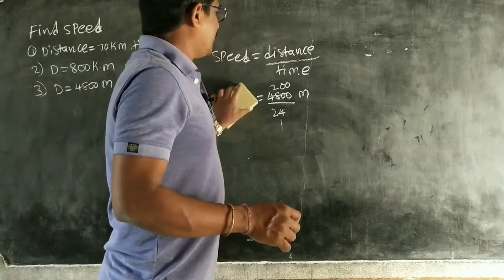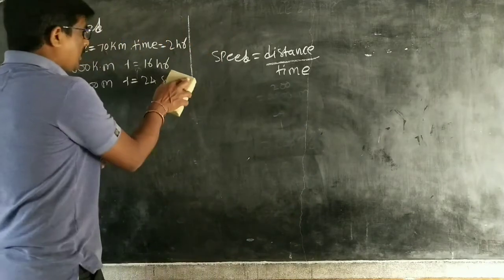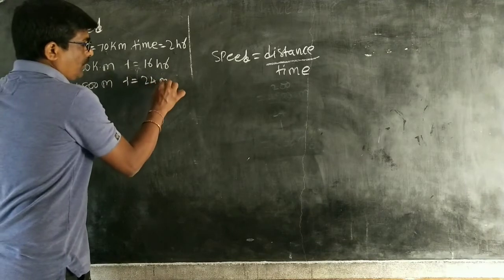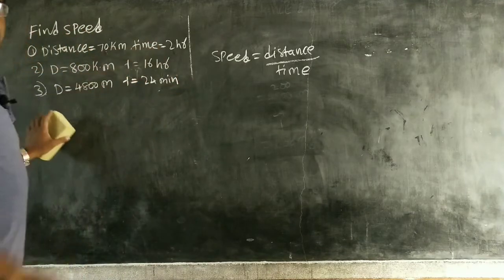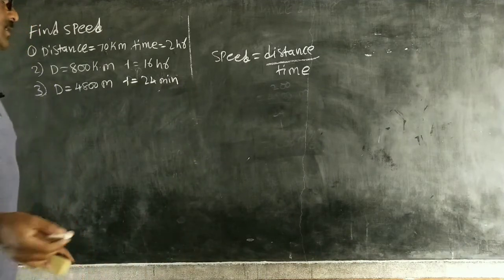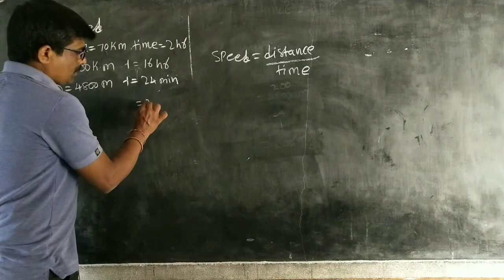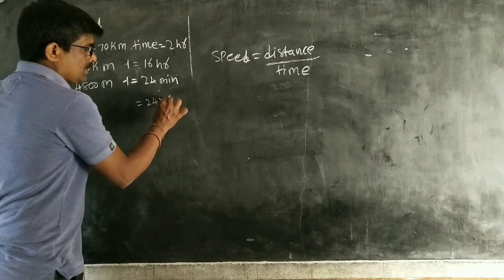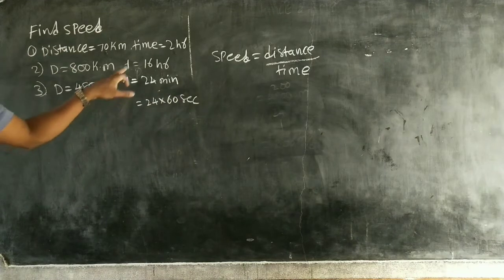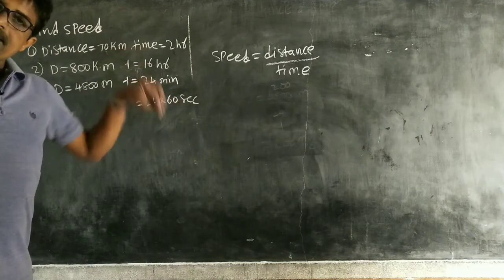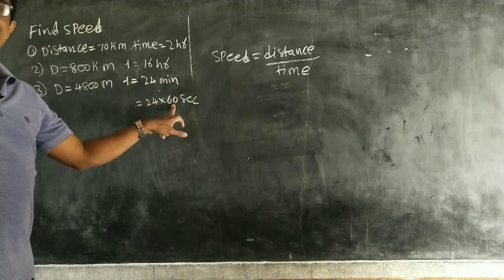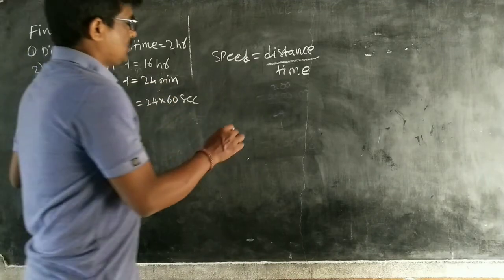Okay? If it is given in another way, same. If it is not given in seconds, if it is given in minutes, 24 minutes, how do we change it? Seconds we directly substitute. If it is given in minutes, what you have to do? Time is equal to 24 into 60 seconds, because distance is given in meters. Time should be in seconds only. That's why I am going to change these minutes into seconds.